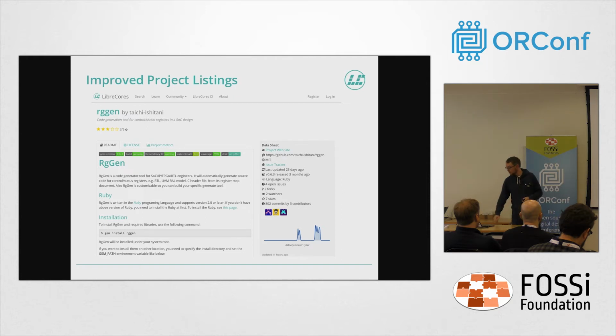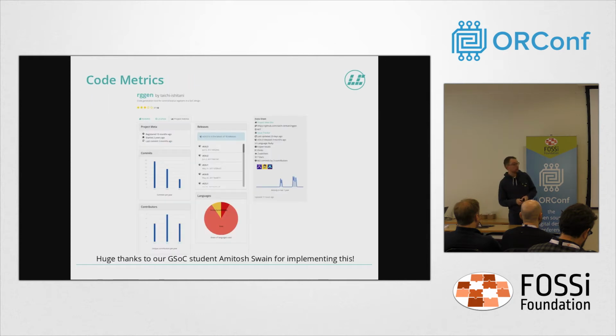This goes also a bit more into detail. So, for example, you see the last releases, the number of contributors, the language, the number of commits here, and some other things. All that is meant to give you a quick overview. If I'm new to this project, can I use this IP core? Can I use this core?